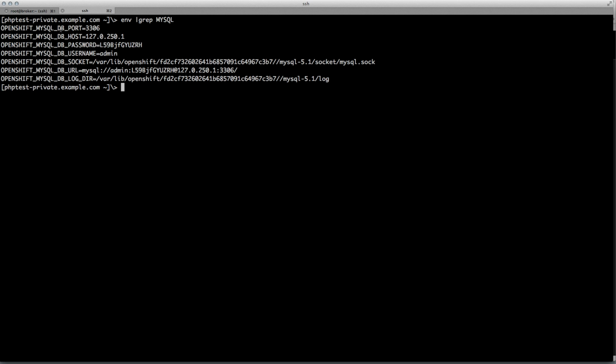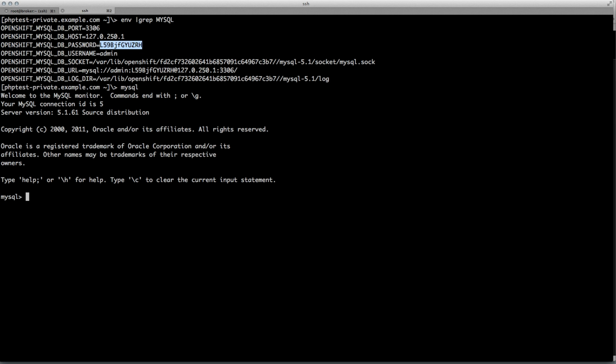We see that we set the MySQL DB port to the default MySQL port of 3306, and we also set the DB host to the new IP address of my private MySQL instance, as well as the password. And so when I type MySQL, we're actually passing that information in, so I'm authenticated as that user. And at this point, I can use MySQL just like I normally would, and we see that I do have a PHP test database that was created for me by default, but because I am the root user at this